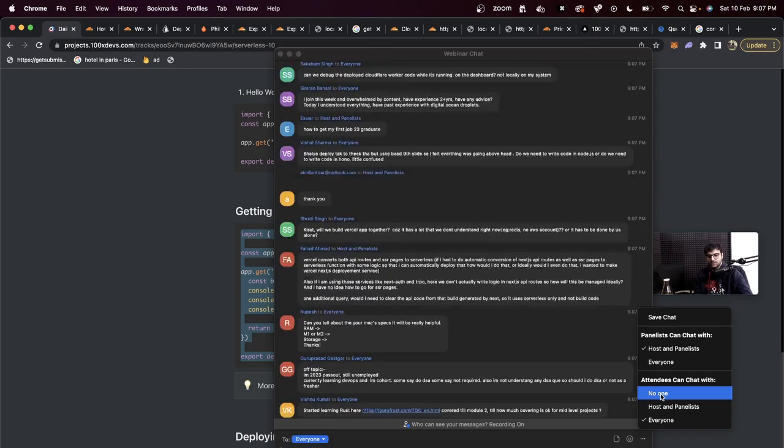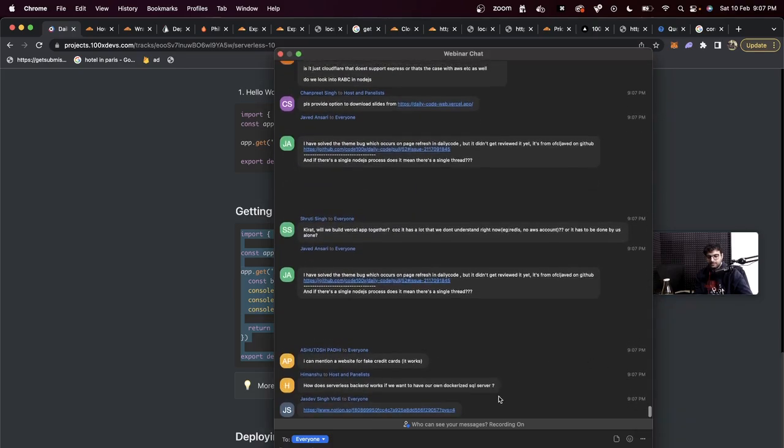All right, more questions. How does serverless backend work if we want to have our own Dockerized SQL server? What does that mean? If you want to have your own Dockerized SQL server, it will still be accessible over the internet, no? Or do you want your SQL server to only be accessible by workers? If so, you restrict your SQL server access only to the worker IPs. Or